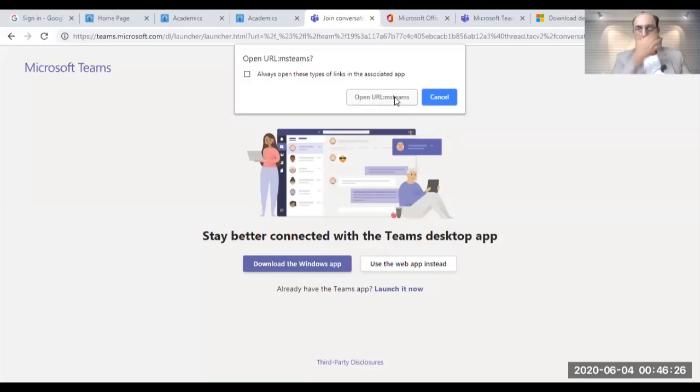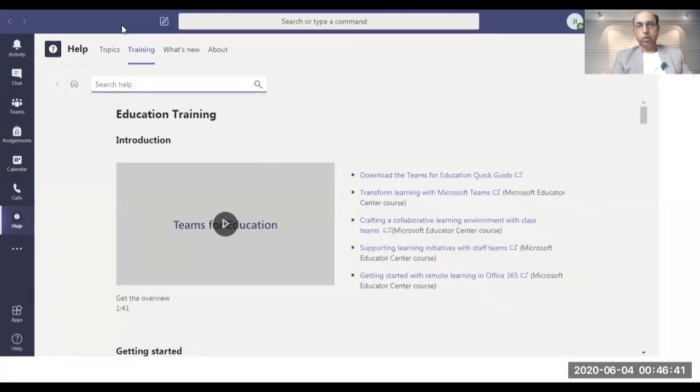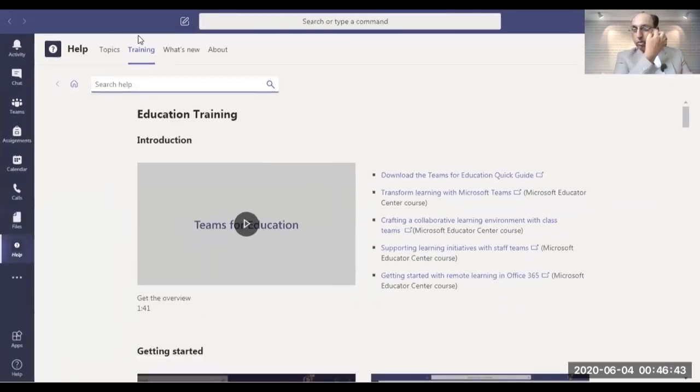Show this one, launch MS Team. I'm going to share the MS Team. This is MS Team. This is actually a desktop MS Team. It's not a web application. I'm logging in with my own account. So if you press this